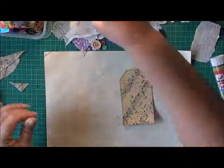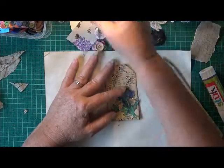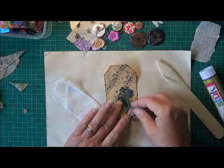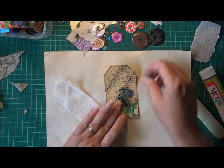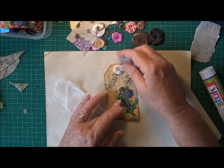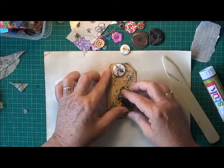Right, now I want to put this image on just down here in the corner, and then I want to just sew my button or a couple of buttons on, but I'm just thinking that might be a bit dark now. Let's go on maybe this one. You know, I might put that up there actually. I like that up there. Okay, so I've got a floral one there,